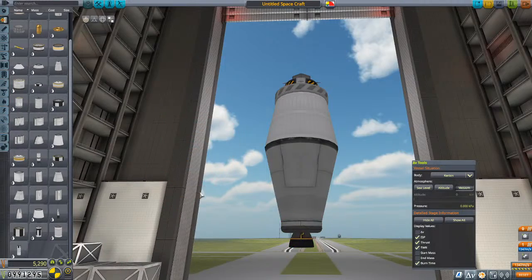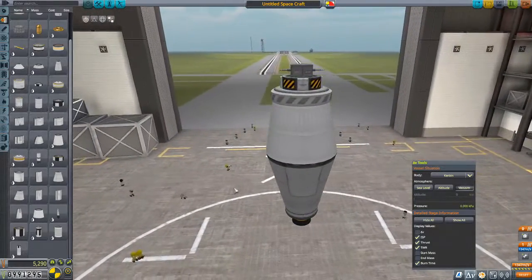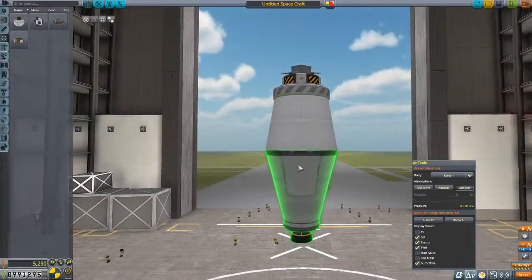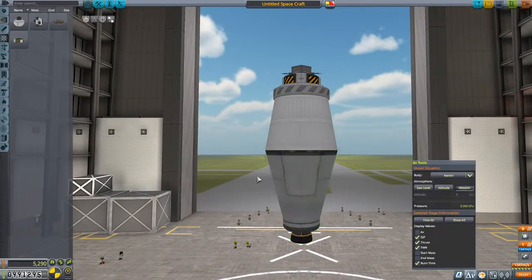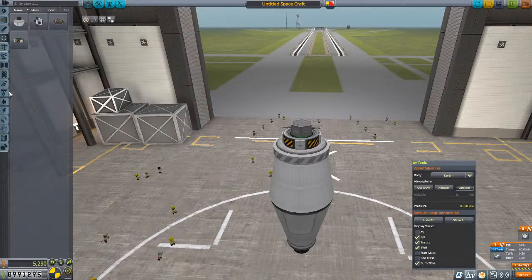That's in the ballpark. Might have to add a little bit to it. Don't have the big reaction wheels yet, do I? No, I don't. So this will have to serve up here at the top. Okay, and the other thing, how much is this? Oh, thrust to weight's 0.5, that's fine. Let's put on...